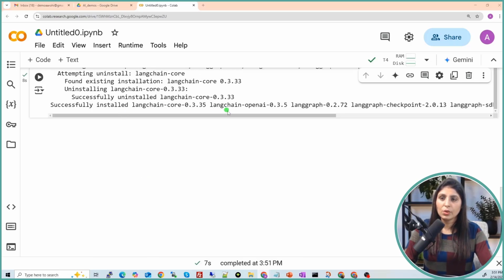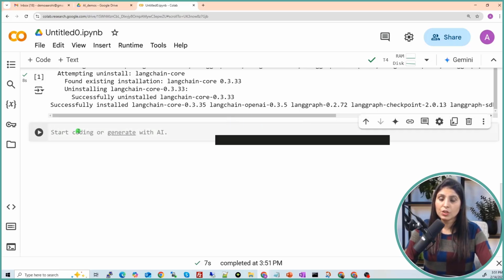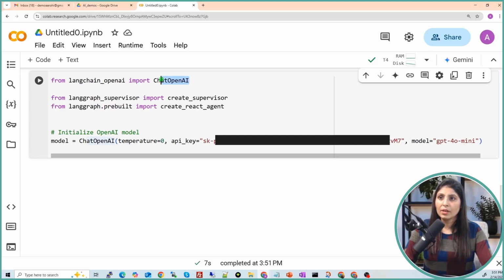Once you have successfully installed all the modules, let's move to the next cell. Now I'm showing you the LLM. First, we are importing ChatOpenAI from LangChain OpenAI. And then we import these two modules because they will help us create the agents and the supervisor. We import create_supervisor because this will help us create the supervisor.